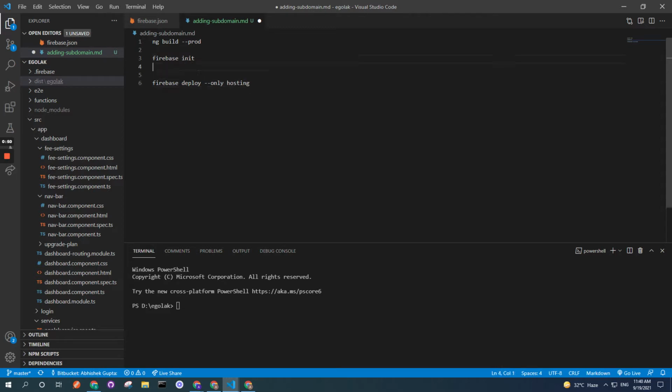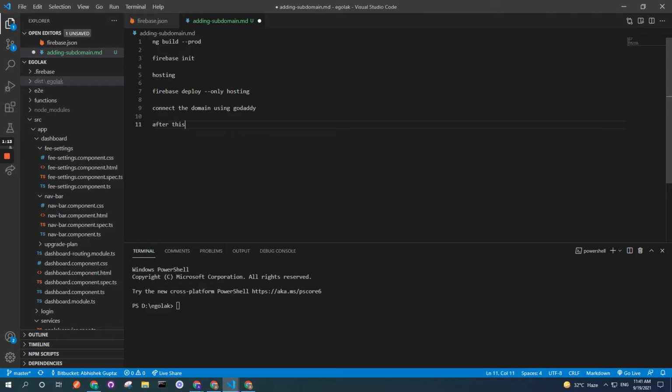When you do firebase init, you have to select hosting. I'll show you how to do it exactly. And then once you do the hosting, you need to connect the domain using GoDaddy or any other DNS provider that you have. Once you get GoDaddy connected with Firebase, you can connect the subdomain.